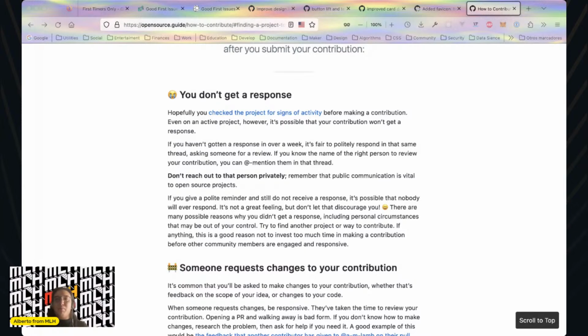You can just fork the project, start making your design changes, make your proposal, and then create a pull request telling what you built, how you built it, why you built it, a lot of context about it. And that will be a case where you didn't need to be assigned to the issue.